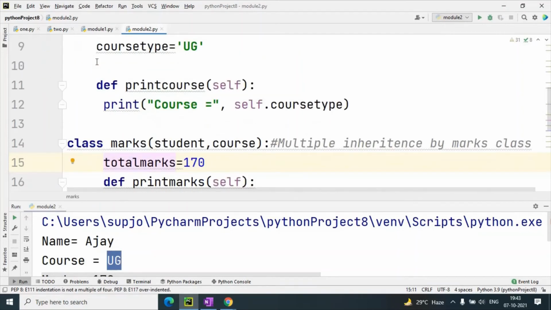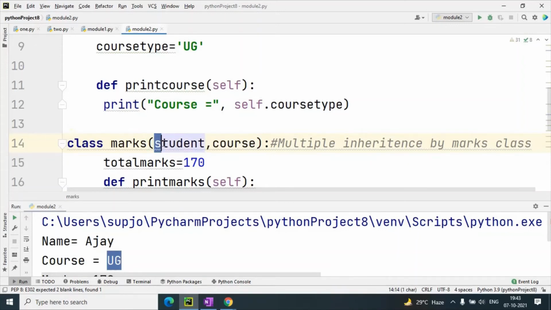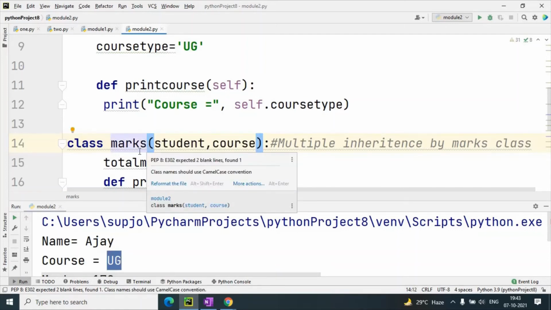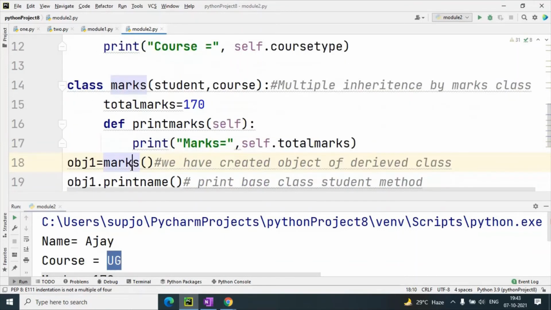Now the main thing about multiple inheritance, that in class marks, this line will create multiple inheritance. Why? Because on the right side you can see two classes which are inherited into marks class. So in marks class we have taken another variable, that is total marks.